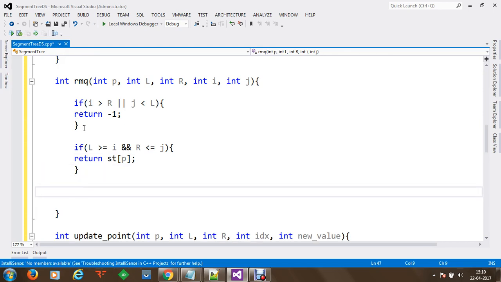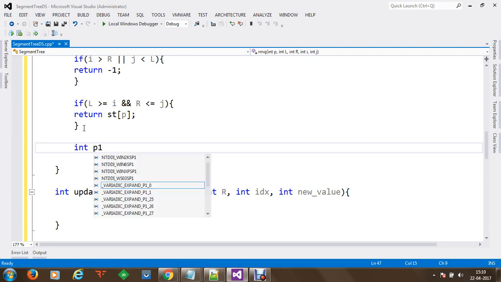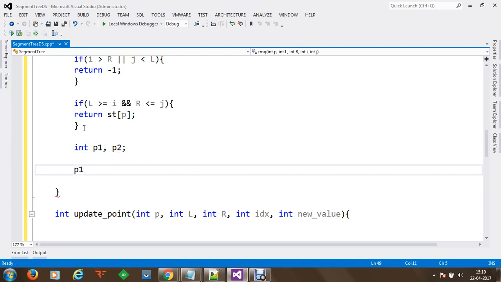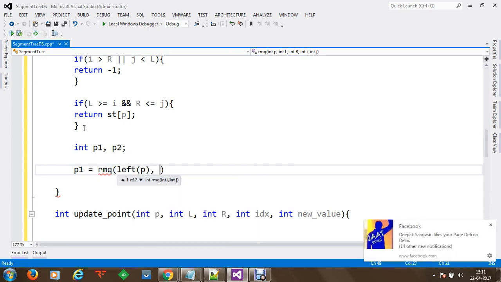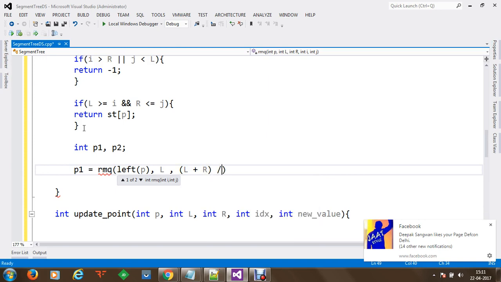Now once both of the conditions have been tested, now we are going to identify position 1 and position 2 with respect to our minimum segment tree. In order to do that, we are going to create integers p1 and p2, and now what we want to do is identify p1. So p1 will be an RMQ query in which we are going to build the left position. We are going to specify L, and L plus R divided by 2.